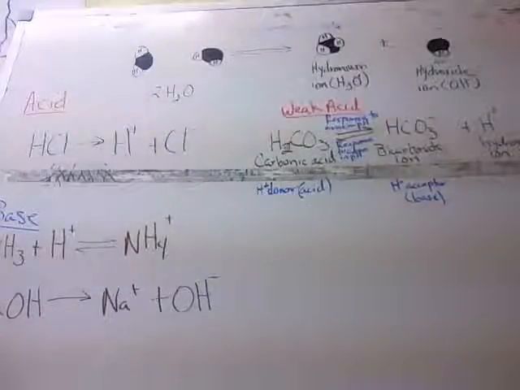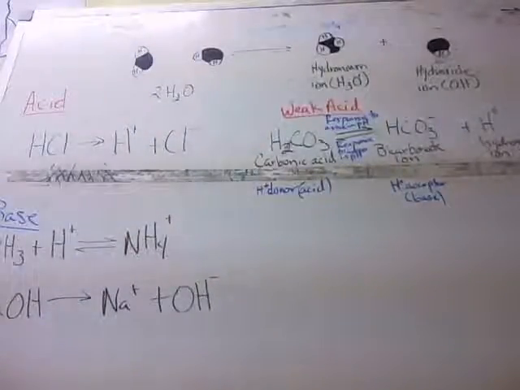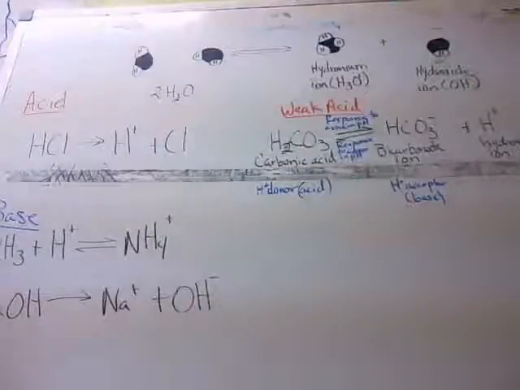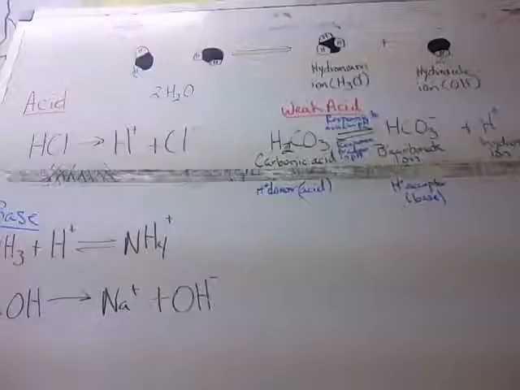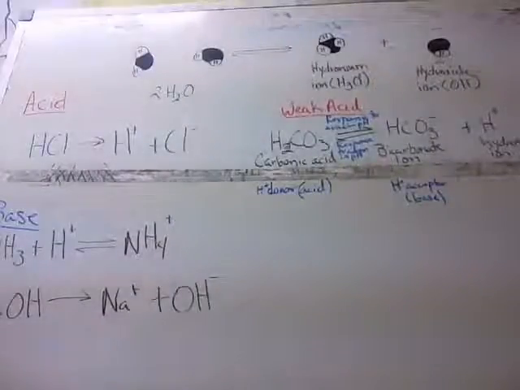Keep in mind, though, that the hydrogen ion does not exist on its own in an aqueous solution. It is always associated with another water molecule in the form of H3O positive. As indicated by the double arrows, this is a reversible reaction that reaches a state of dynamic equilibrium